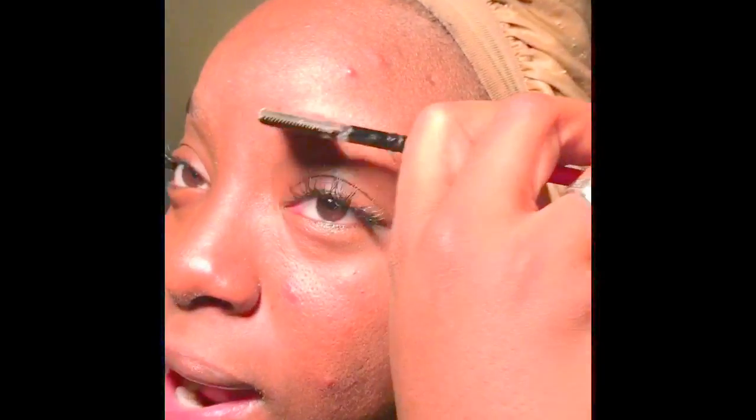Okay, the next thing I like to do is my eyebrows. I am not a pro. I usually just get them done and let that sit for a week and a half, but money's kind of tight, so I'd rather just do them myself. I like to do my eyebrows a certain way. Somebody else likes to do theirs a certain way, but this is the way I like to do it. So I like to comb up, and I'm just using a Shanae brush that I've had since I started doing makeup when I was like 19, and it hasn't failed me yet, so I just like to use this. So I'm just combing out my eyebrows,